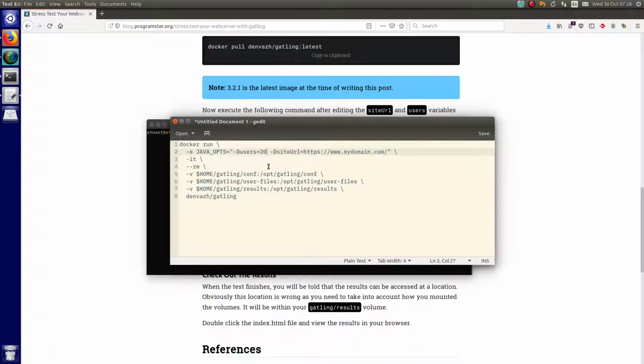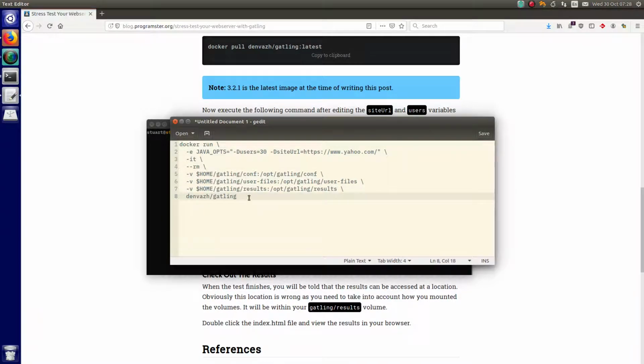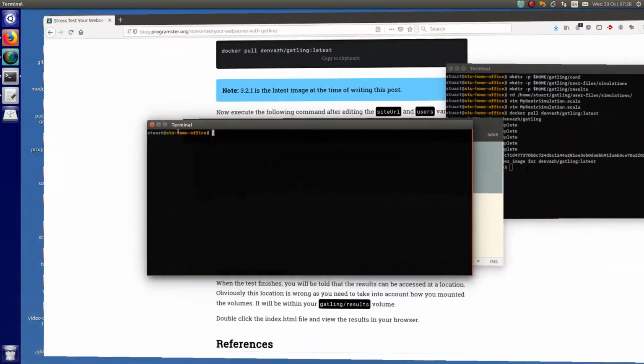So we want to test with 100, no, let's go easy, 20 users, no, 30 users on yahoo.com, right? Here you would plug in your own website to see how well it would handle getting hit with that many users, right? Just leave these the same, they point to the directories we created in step 1, so I'm going to do that